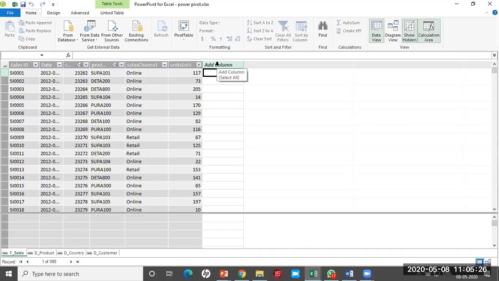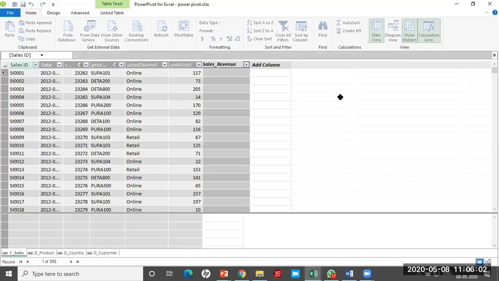Here I am going to create something called a calculated column. I'm going to create a calculation in a column, similar to entering a formula. First, on the right side you see Add Column in our fact table, under sales. Double click on that Add Column, and then rename it as sales underscore revenue.